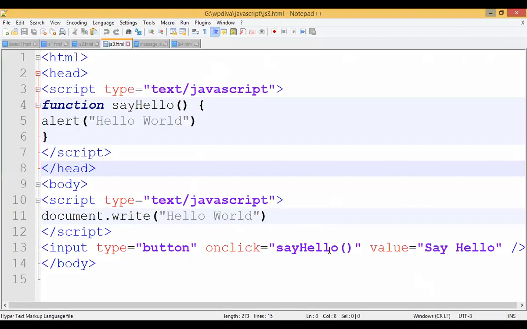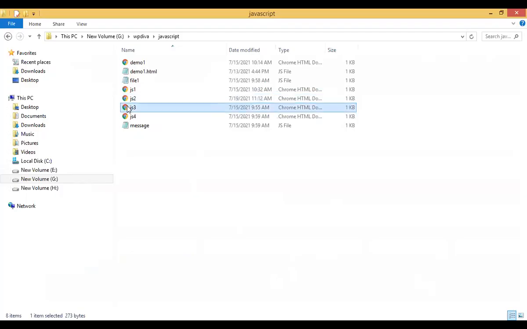So I'm sharing multiple screens with you so that it becomes easy to show me. Okay. So let me show you the output, JS3. Okay. So now let me show you the output screen. So it appears like this on the output screen, students.